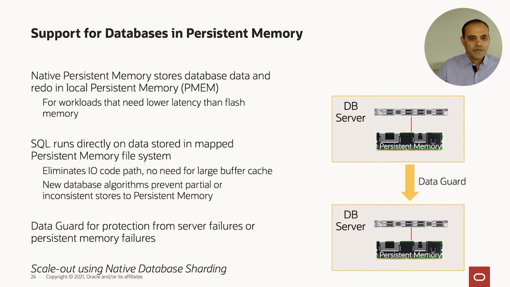If I have a 100 terabyte database and suppose I can have 20 terabytes of persistent memory on a given node, I can scale by adding more nodes and shard it so that each node has 20 terabytes, and I can have 5 shards which can allow me to have, say, a big 100 terabyte database, all being served from persistent memory.